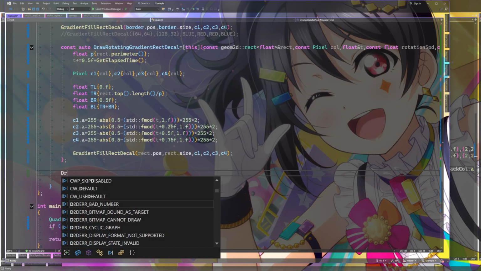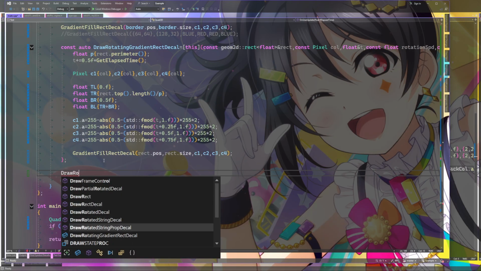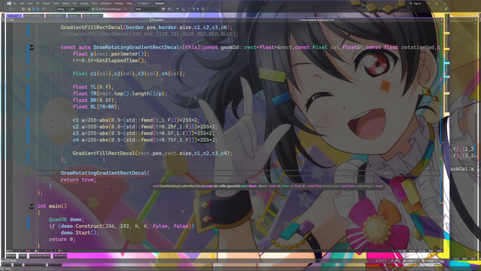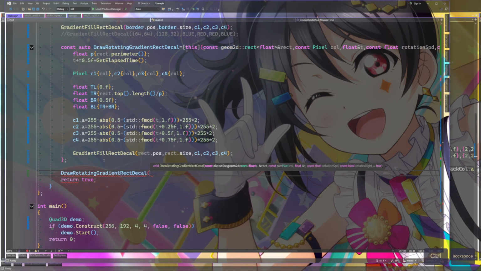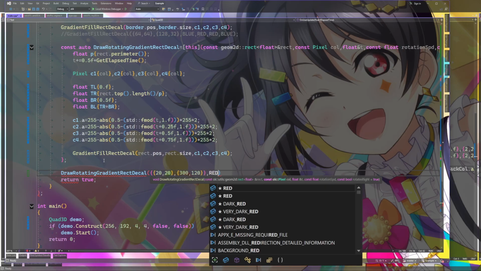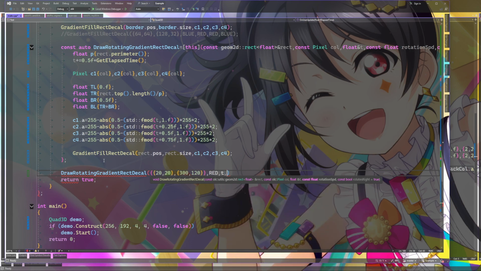Let's try drawing one. Draw rotating gradient decal. Mark decal at position, let's say 20, 20, make it 300 by 120. Just gotta go off screen, I think. Color, let's make it red. T is T. Rotation speed, let's say, is 0.6.